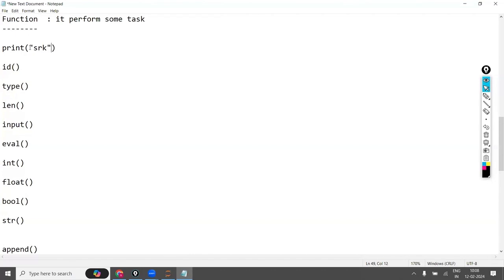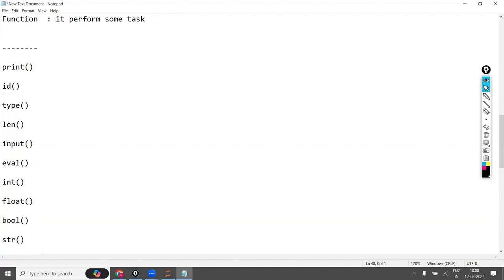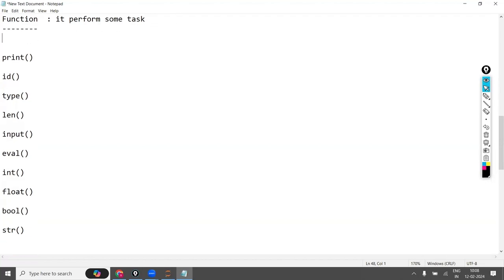So the print function works irrespective of data type. Functions work on all the data types.